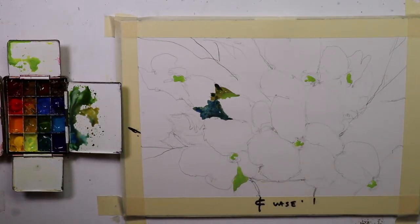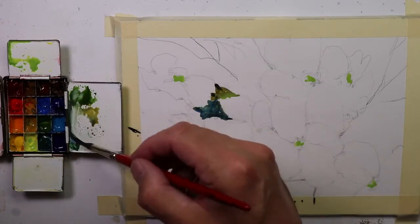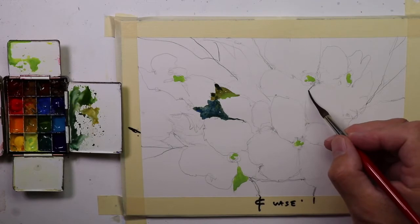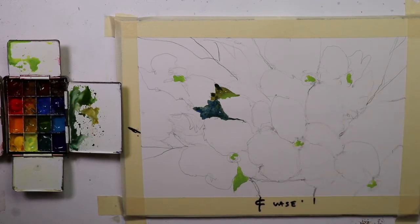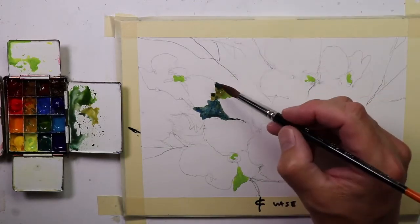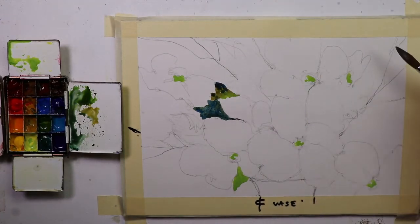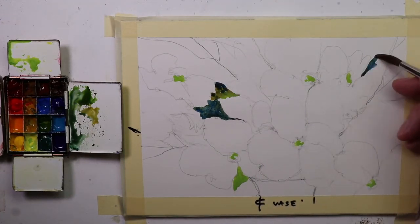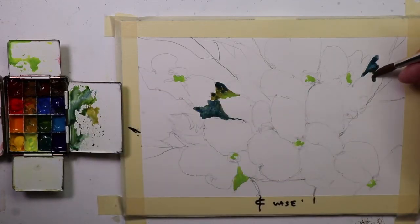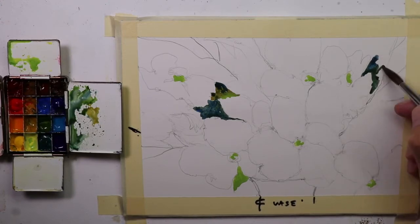And then as we get into the more finer details of the flowers, we can get our needlepoint brush and we can start getting in and doing those real fine details as we go. So we're going to keep, and I'm just painting around, so there might be a couple